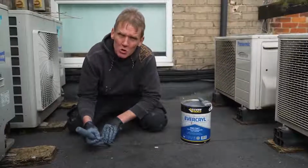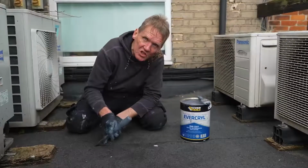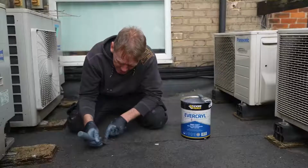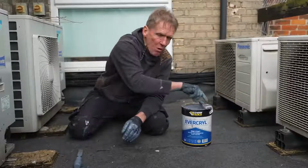But with this torch on felt, when you put it on, you're supposed to make sure you've got a continuous bead of bitumen just easing out the edge, and that's how you know it's stuck down. So when you get edges which are a little bit up and a little bit suspect that the rain might get under, what we can do is just